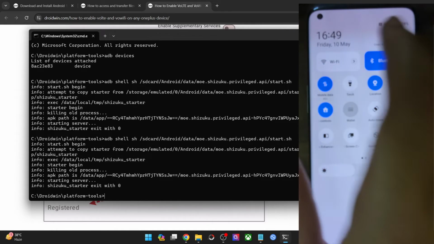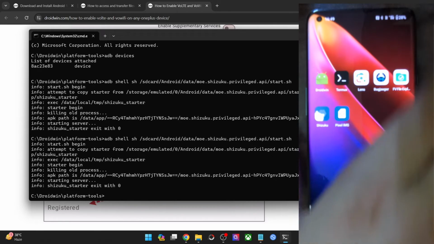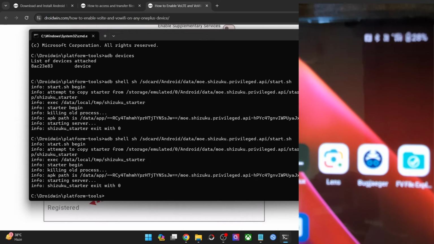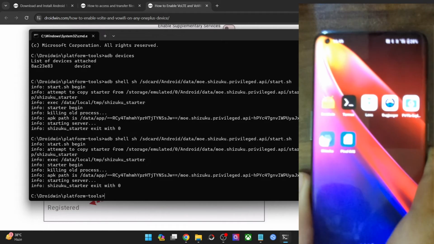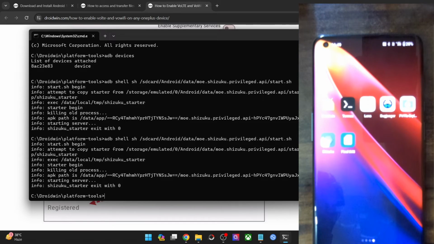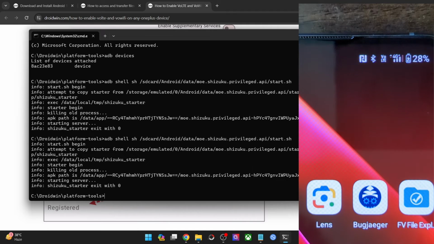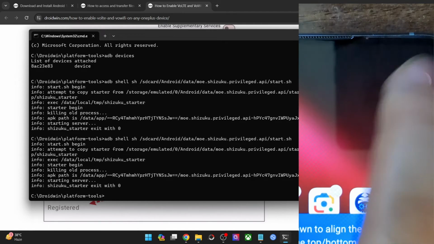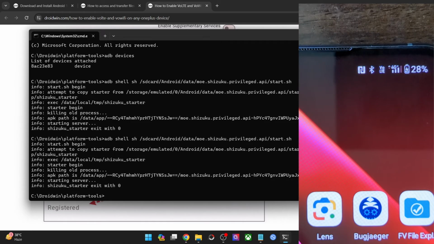So first and foremost, let me show you the voice over LTE, and at the top you could see just left of the 4G icon, the voice over LTE is enabled on my phone. Let me focus it, and as you could see, let me zoom it as well for you guys, and this is the icon. As you could see, voice over LTE just left of 4G. It's the voice over LTE icon. As you could see from here, it's enabled.